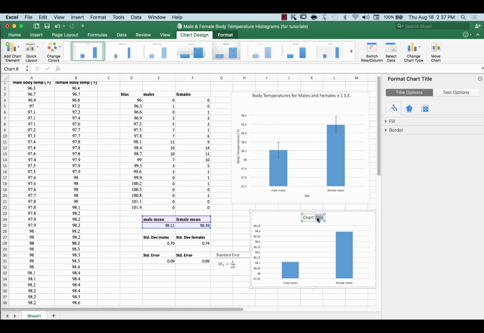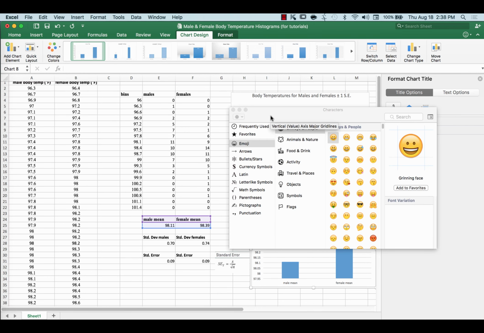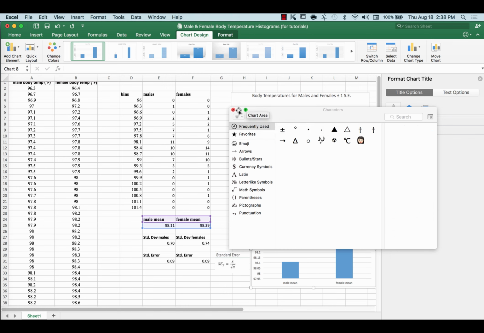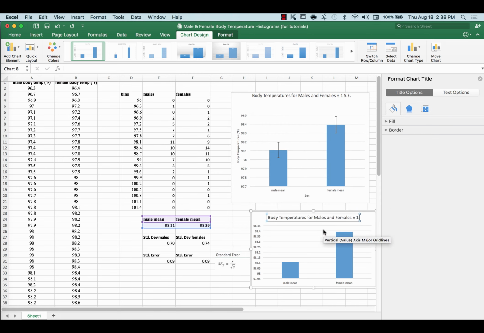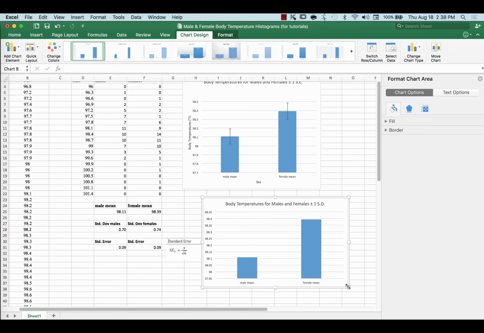And in this case, it's going to be body temperatures for males and females, plus or minus. There's my symbol, plus or minus. One standard deviation, SD. And again, I'm going to make this a little bit bigger. There we go. And I can add the titles the way I just showed you, but I'm just going to